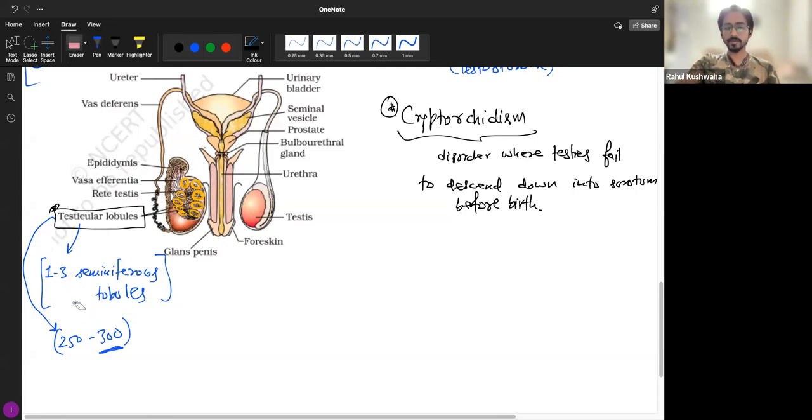Okay. So just remember this, because the seminiferous tubule is going to be a very important part in the next class, where we will be studying spermatogenesis in detail. Now all these chambers connect together to the center of the testis, and this part is called the rete testis. It is like a network. So from all the lobules, seminiferous tubules come in and join at the rete testis, forming a huge network. Around 900 of them are coming together, and from there they start going out.